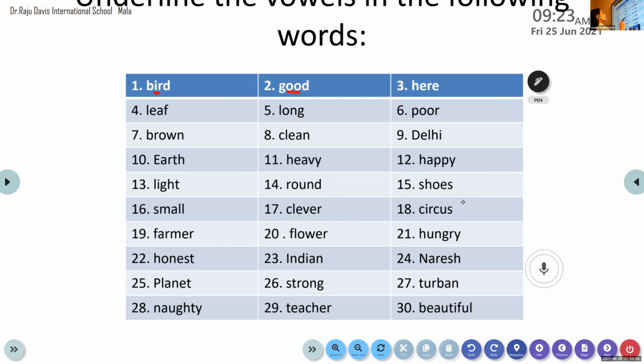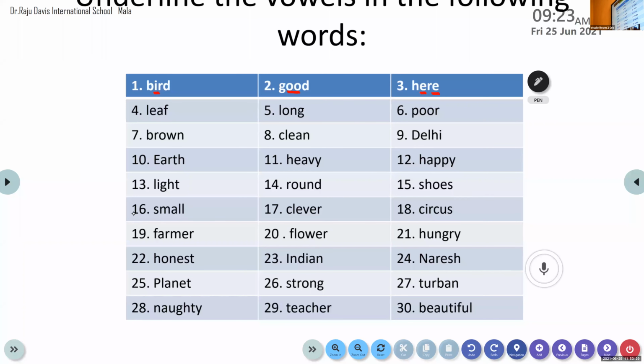Johan, come on. Read the word here. Yes, come on, tell me. Is there any vowel? E. Yes, E. How many E's are there? 2. 2 E's. Yes, very good. So we have to underline. Please, all of you, please do underline. Yes, 2 E's are there. Very good, Johan. So that is the way you do it. Very easy it is.